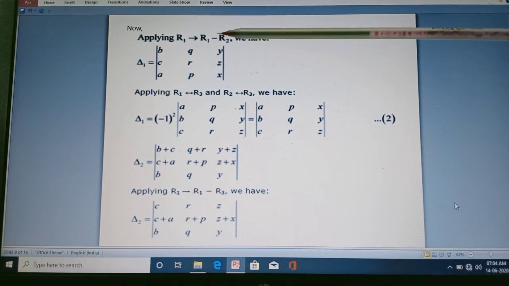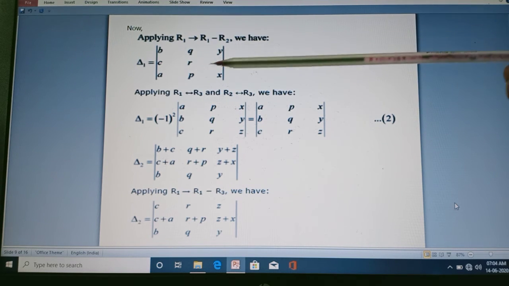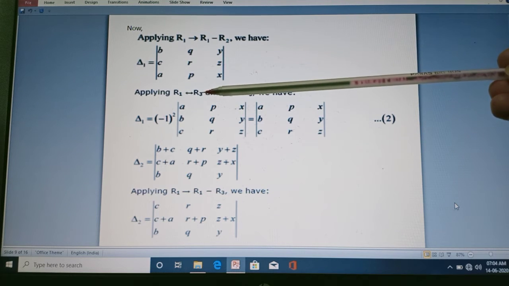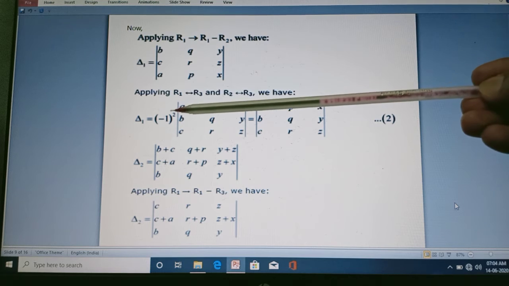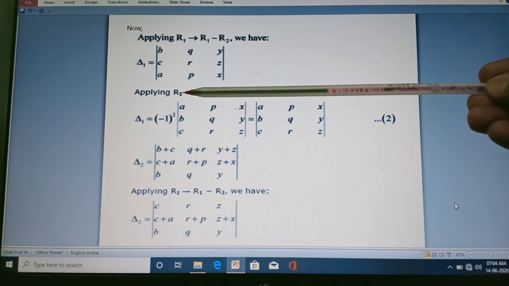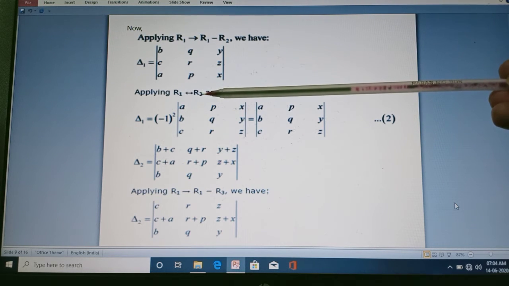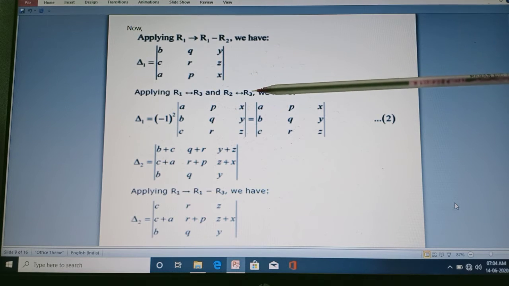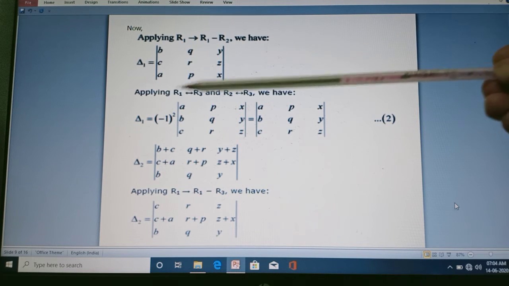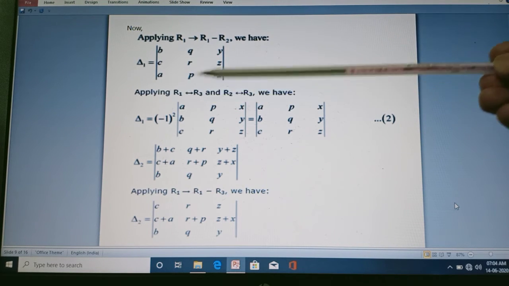Now we are interchanging rows. We are interchanging R1 and R3 first, and then R2 and R3. So two times interchanging, so it will be minus into minus, plus. So R1 is going to place R3. Again R2 is going to R3. Right. So when R1 is going to R3, then this